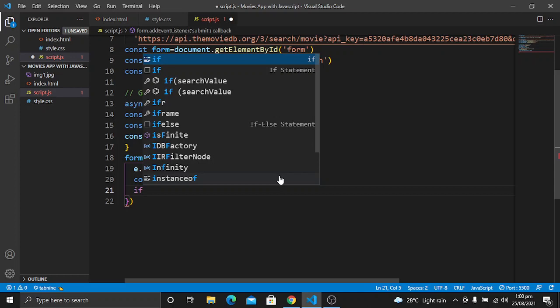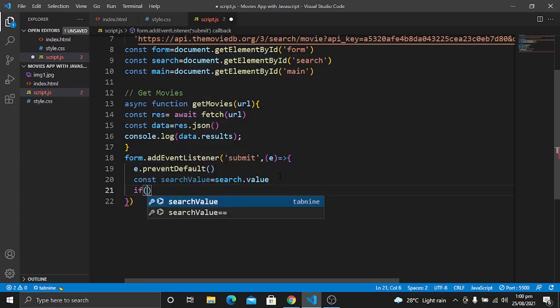The next thing that we want to check is that the search value should not be an empty one.